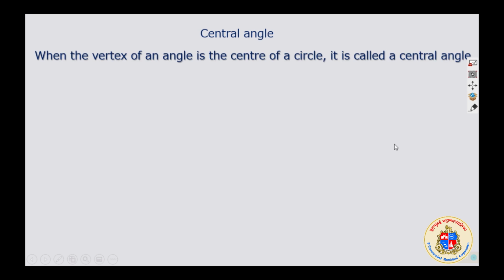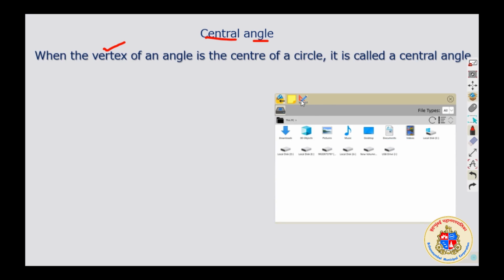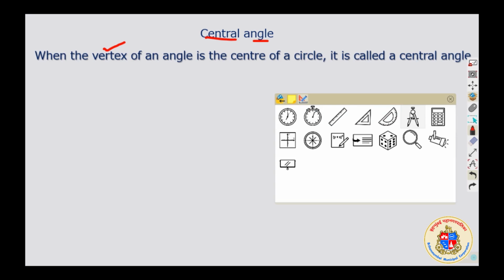Another concept, I told you, full of properties. Central angle. What is central angle? Central angle बोलने में एक सेंटर है तो सर्कल का सेंटर ही है. और एंगल बोलने में आपको क्या याद है? एंगल का वर्टेक्स रहता है, एंगल का आर्म्स रहता है. Now circle and angle together at one place, then we can explain central angle.